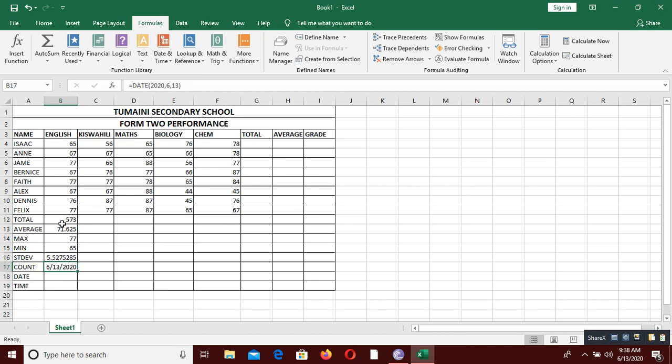So when you get this, remember you can autofill. Just to finish quickly, you can autofill so that you get your answers as quickly as that. So total, function wizard, sum, so sum function, it will highlight itself, it will get itself. Just press enter for that. Average, now you have to be very keen, is equals to average. Now don't include the total. This total should not be there. You just drag, select those cells that you want to include, you press enter, then you